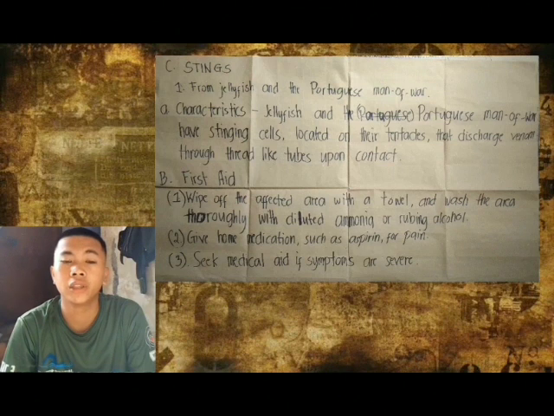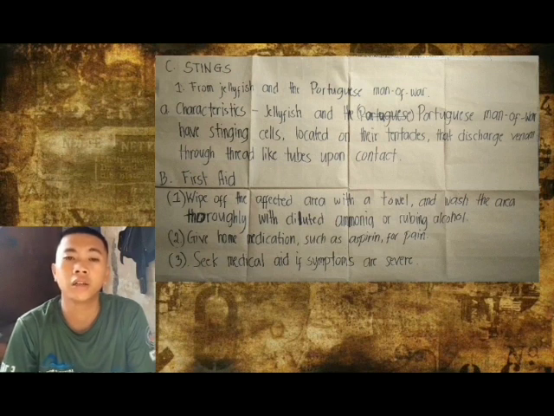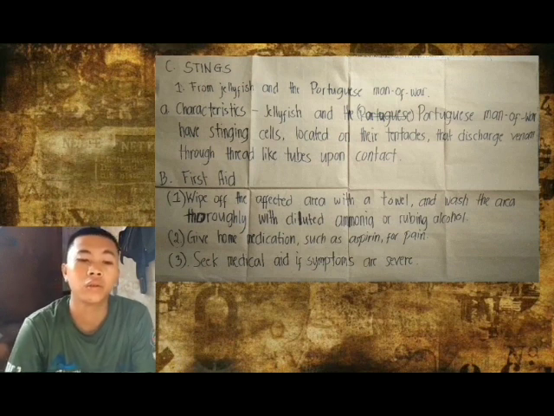Next is sting. Let's define what a sting is. It is a type of body part of insects, such as the bee, used to put venom on the human body. So we have the characteristics. We have the venom produced by jellyfish and the Portuguese man-of-war. It causes burning pain, rashes on the skin, shock on occasion, muscular cramping, nausea and vomiting, and respiratory difficulty.